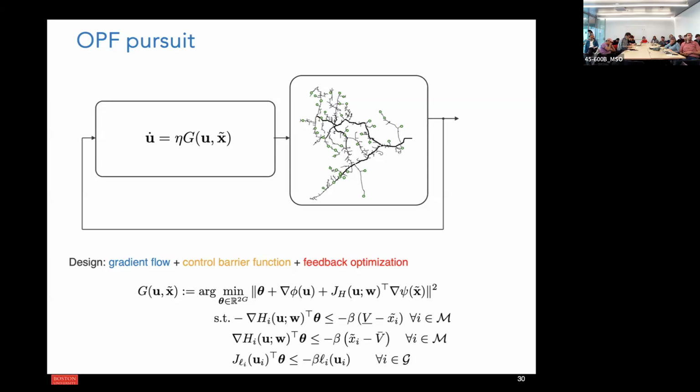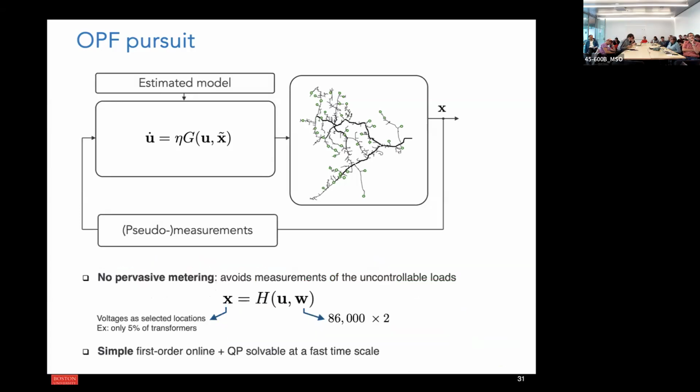In this case, you see that this G here, which is the solution map of the QP, tries to minimally modify the negative of the gradient while ensuring satisfaction of the constraints. Sorry if I'm going fast, but I'm running out of time. So the safety specification is these constraints in the original flow? Yes, correct.